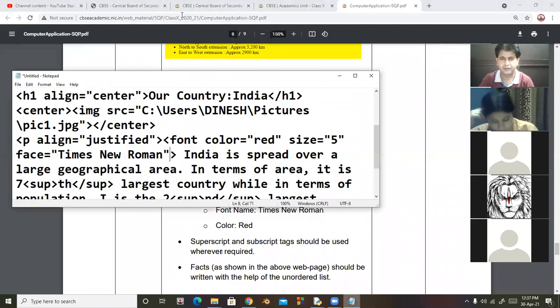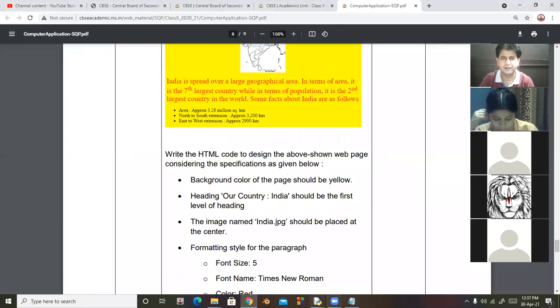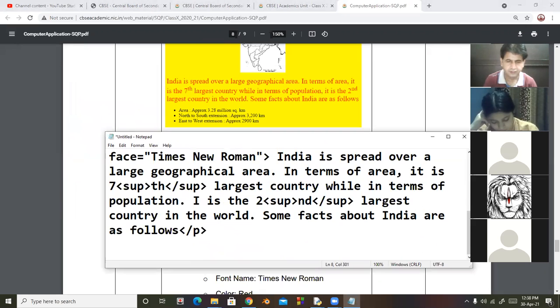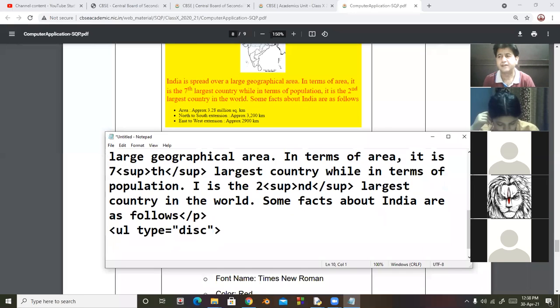So after that there is a list, unordered list. So I am going to start unordered list. So look at here. For UL, type equal to disk. Because here is a circle with color fill.